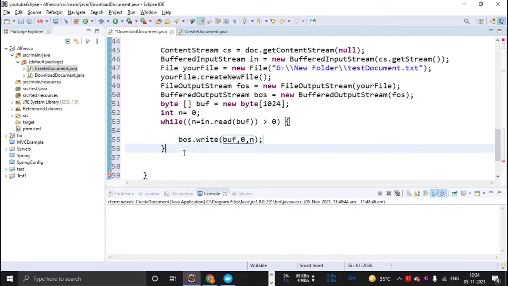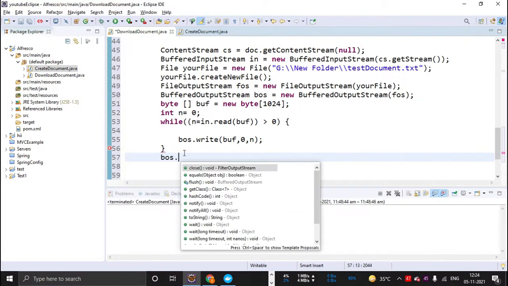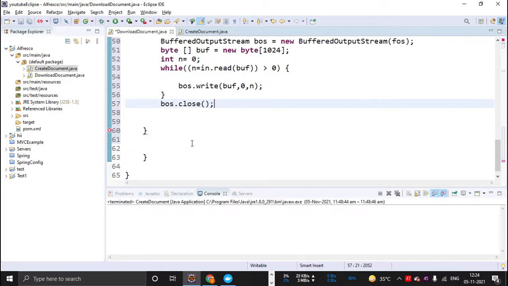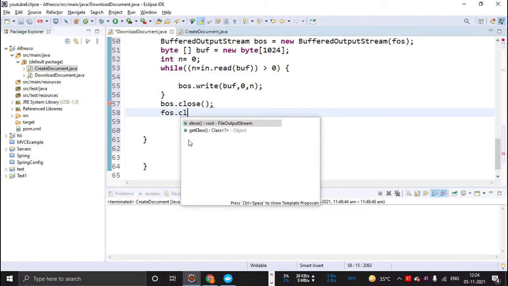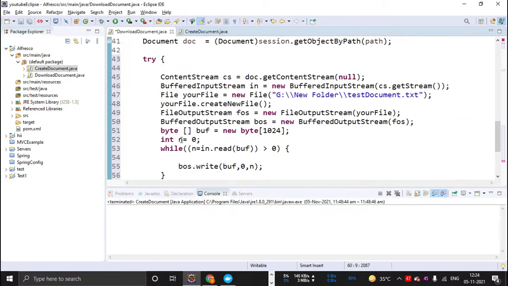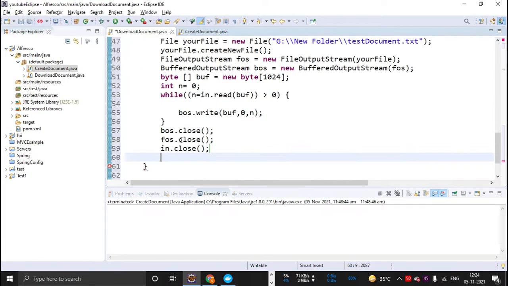Okay, now once we are done with that, what we can do is we can just close it. So I will close the buffered output stream first, and once I've closed that, what I need to do is I need to close the FOS as well. So that is also closed, and input stream close. The next thing what I can do is we are done the code, I guess. All I need to do now is